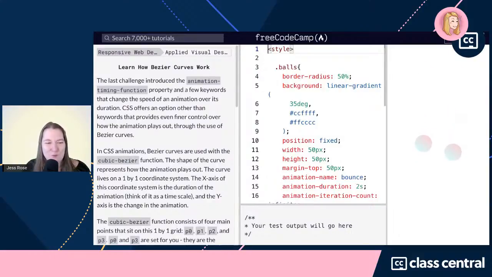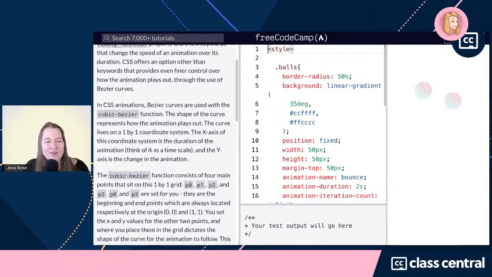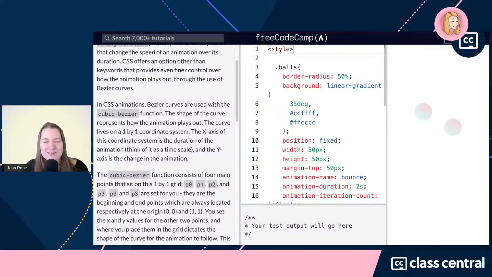The curve lives on a 1-by-1 coordinate system. The x-axis of this coordinate system is the duration of the animation, and the y-axis is the change of the animation. The cubic Bezier function consists of 4 main points that sit on this grid: P0, P1, P2, and P3. P0 and P3 are set for you. They're the beginning and end points of where you start and where you finish. And you set the x and y values for the other 2 points. You place them on the